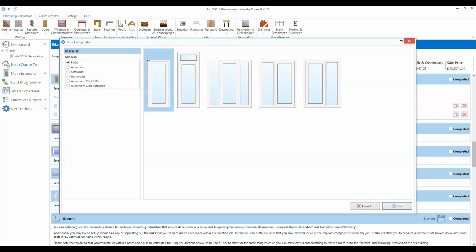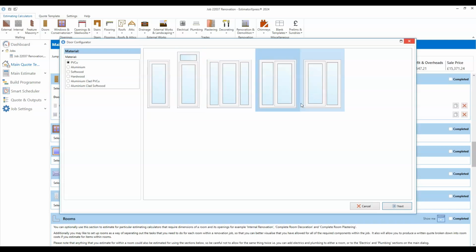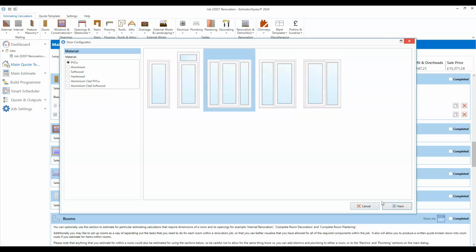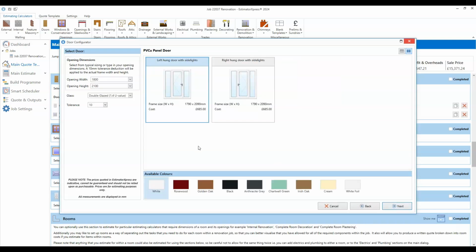So with this one, we've got a standard, just a single door, one with a top light, one with 2 side lights, or left and right side lights. So I will go with PVC, and I'll have 2 side lights. So same process, set the dimensions of the opening, pick the glass type and your tolerance, pick your color at the bottom,